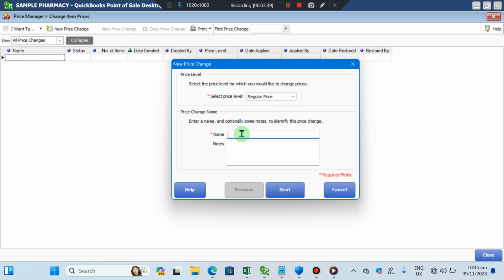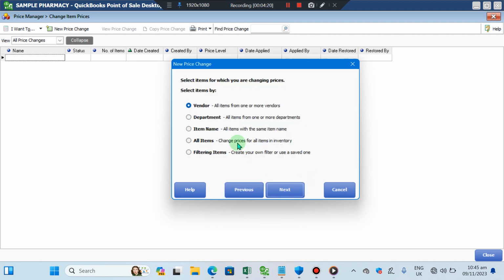Now I would like to name this price change, so that in the item history, if a price change happened, this description will show that this is the price change. So let me just call it devaluation 44%. Yeah, and then you can add some little notes here if you need, but these are the important areas, the ones highlighted. Also the required fields. You cannot proceed without those. So you go next, and then here